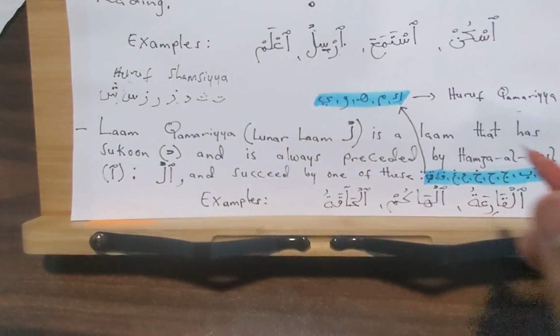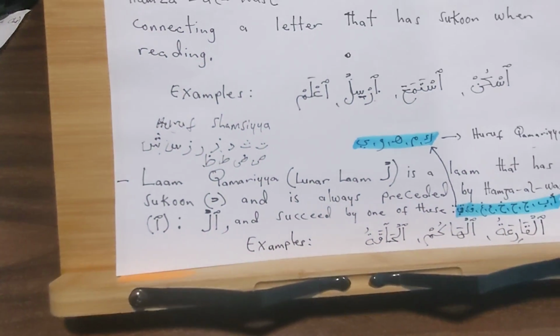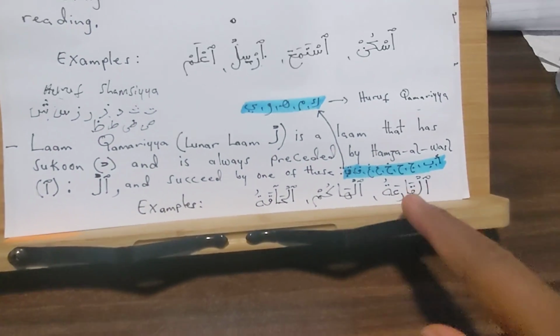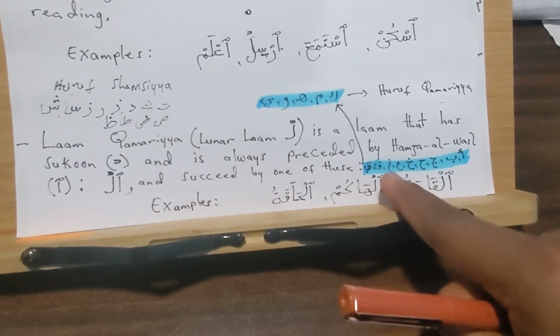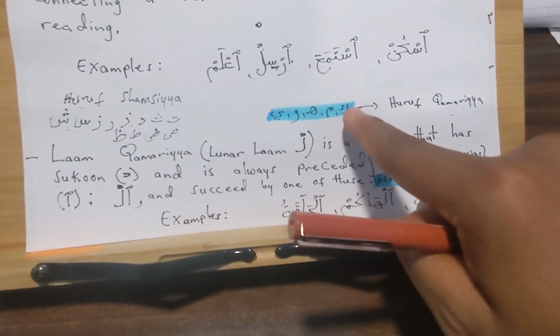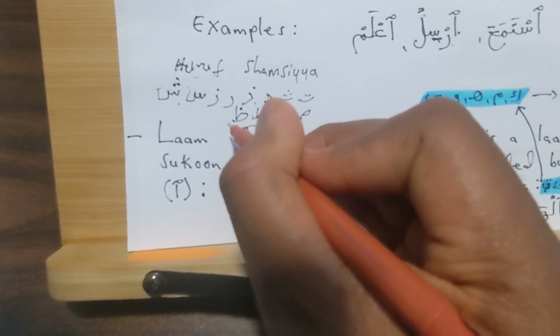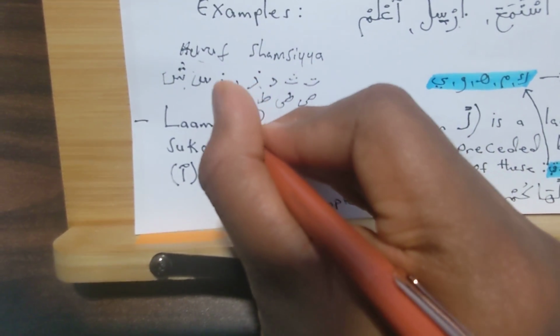okay, Swad, Dod, okay, Ta, okay, Dha, okay, and then we have Ain is here, Ghain is here, Fa is here, Qaf is here, Kaf is here, and then Lam, okay, Lam, this is Lam,